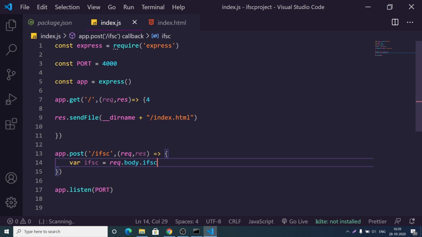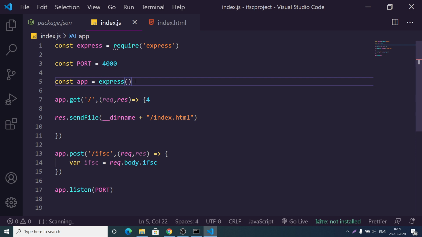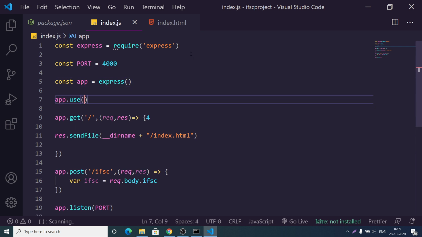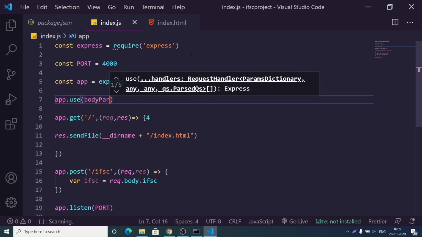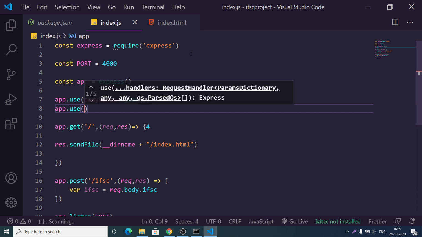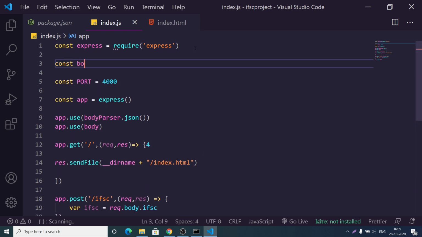Now in order to fetch this you need to use a special middleware of body parser. So here you will use app.use body parser. You need to write these two lines, and first of all we need to import this body parser middleware.